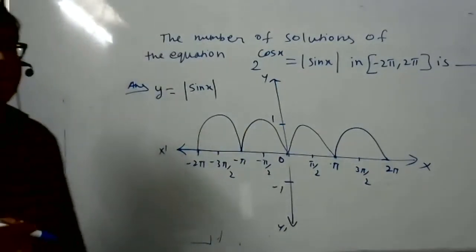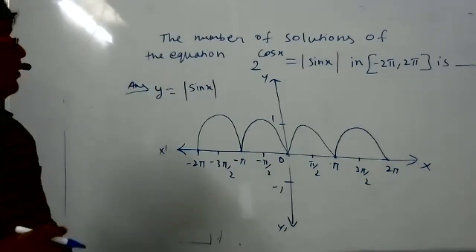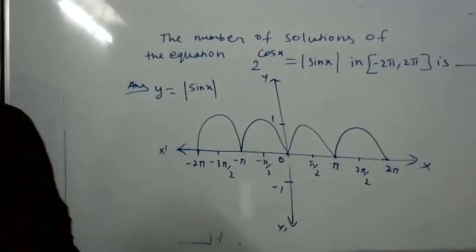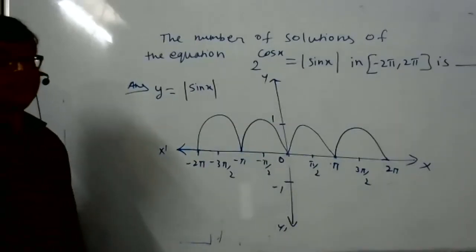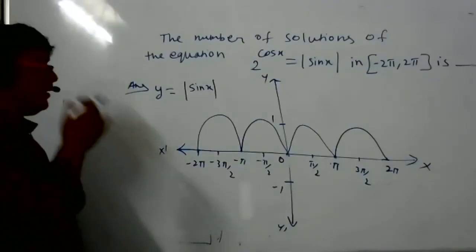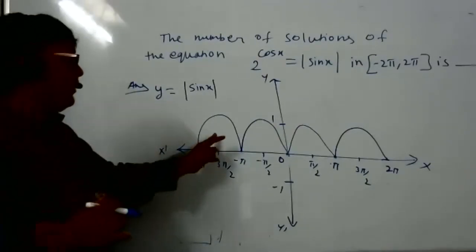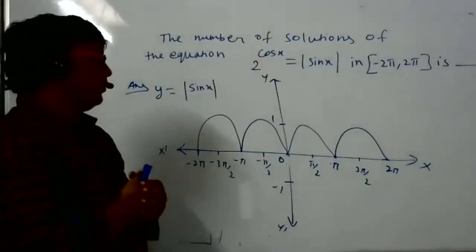A few questions you can ask me. Sir, is the answer 4? I'll check. Yes sir, even I got 8. How will 8 come? Okay, the answer is 8, we'll see. Now, does anybody have a doubt? Yes sir, it's 8. Okay, 8. It is 8 because all values are positive.